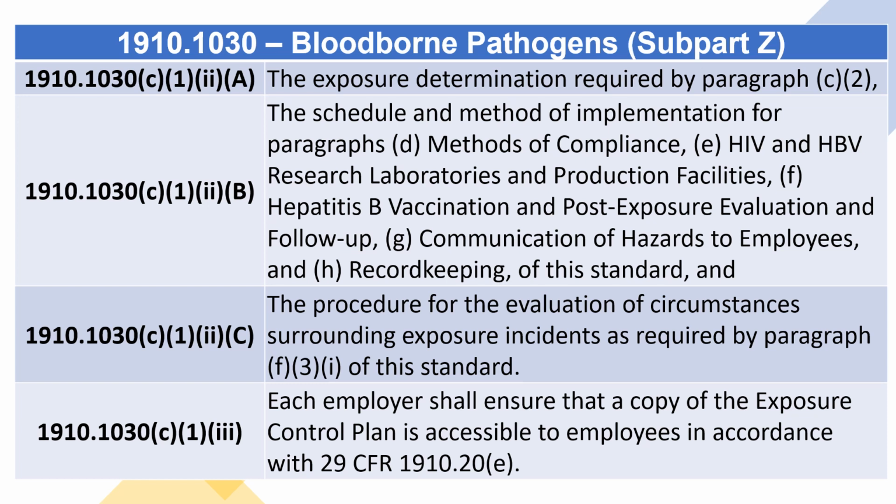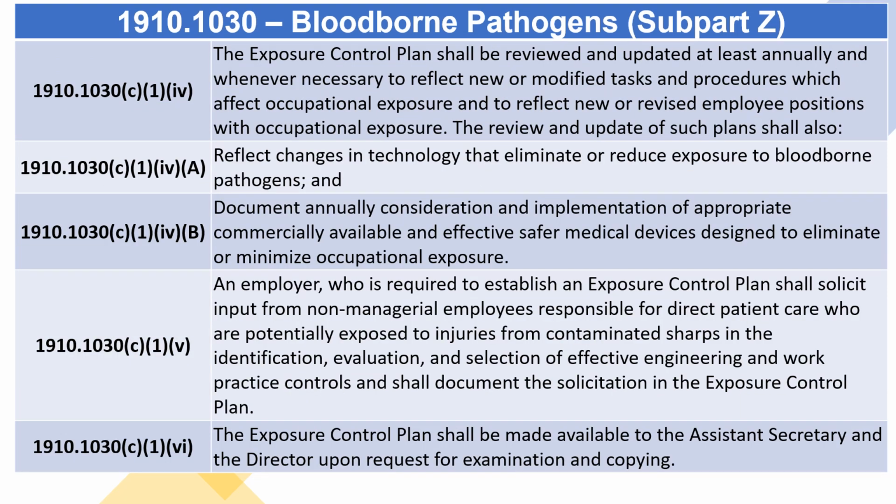1910.1030(c)(1)(iii) Each employer shall ensure that a copy of the exposure control plan is accessible to employees in accordance with 29 CFR 1910.20(e). 1910.1030(c)(1)(iv) The exposure control plan shall be reviewed and updated at least annually and whenever necessary to reflect new or modified tasks and procedures which affect occupational exposure and to reflect new or revised employee positions with occupational exposure. The review and update of such plans shall also, 1910.1030(c)(1)(iv)(A) through (B), reflect changes in technology